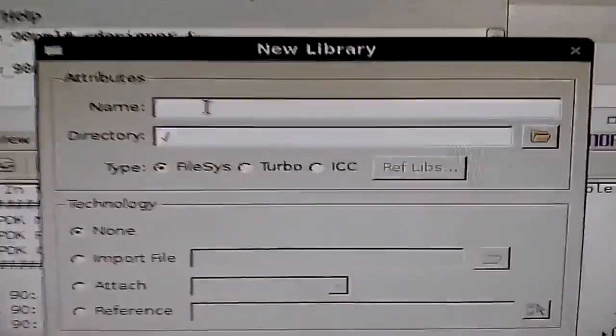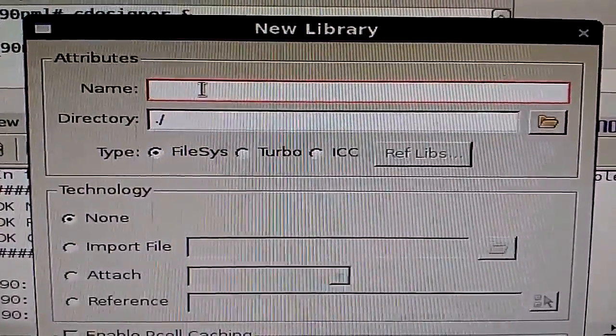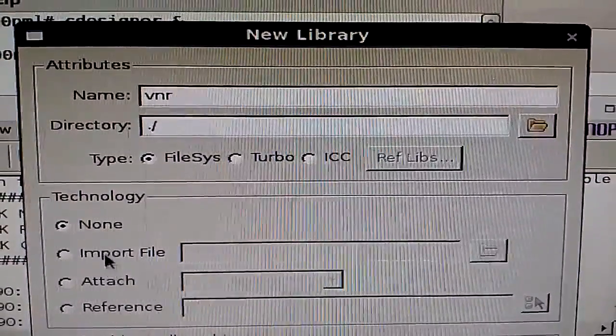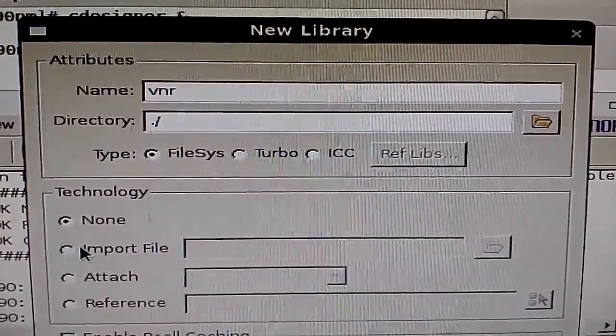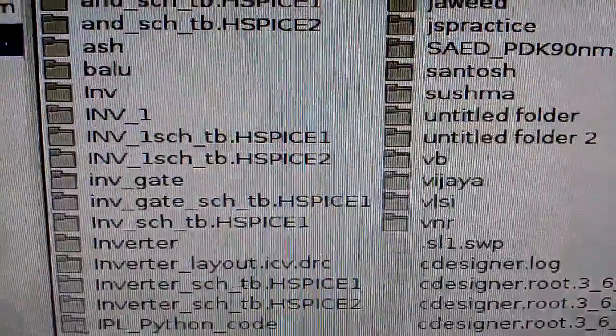After clicking, we have to give our name. For example, let's say VNR. It's our library name, and coming here, import file. We have to import the file. The import file will be from